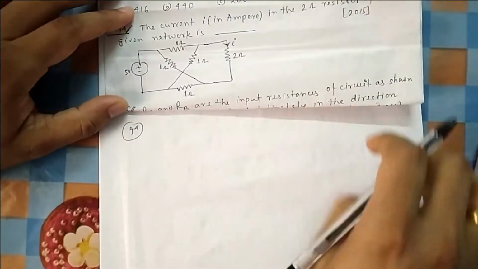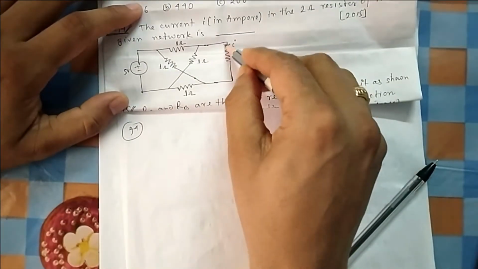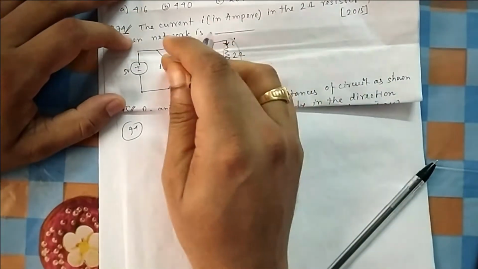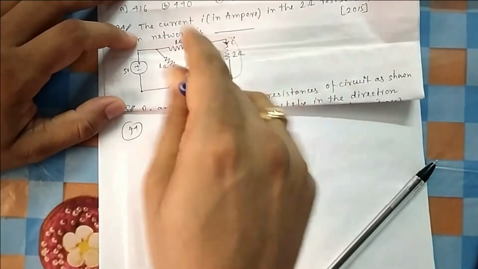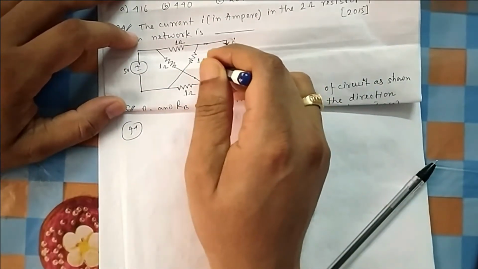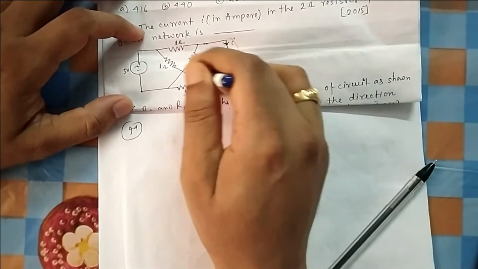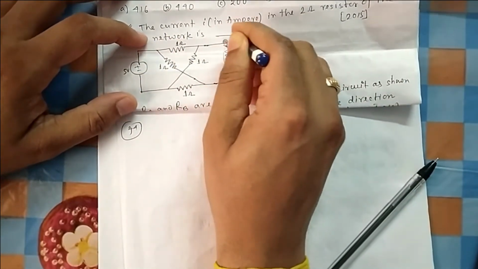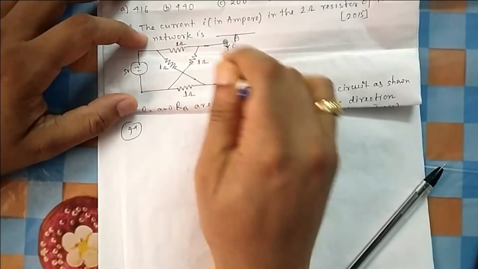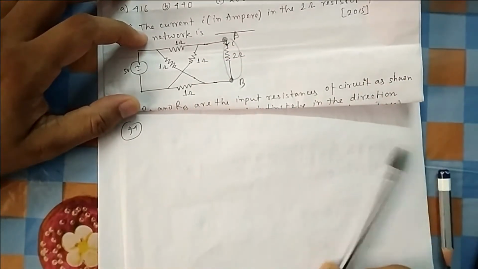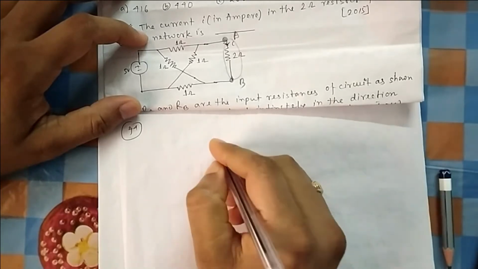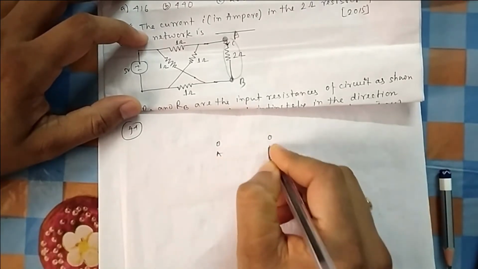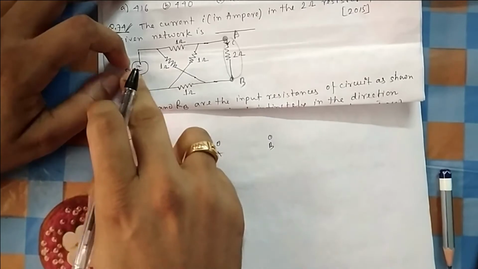To find the current through the 2 ohm resistance. I always tell you, if you find such a jumbled configuration, where you are not clearly seeing which one is series and which one is parallel, then you mark this terminal as A, this terminal as B, because you need current through this, and you write it here separately as AB, and you put the 1 ohm resistors, and one source is also there, 5 volt.